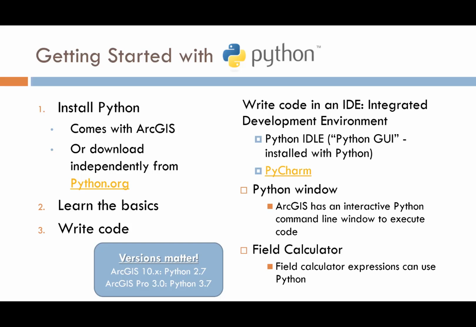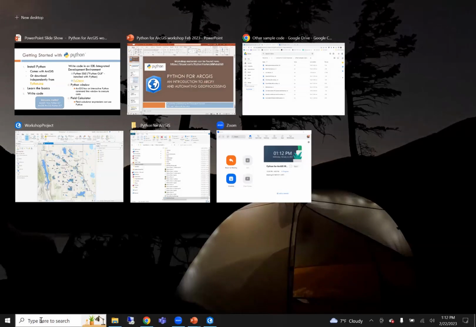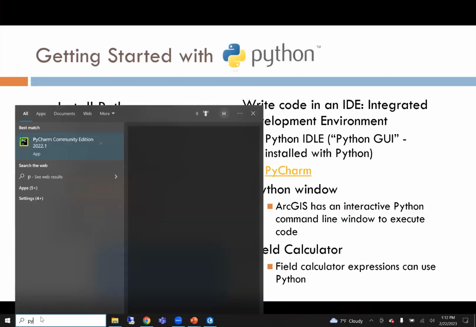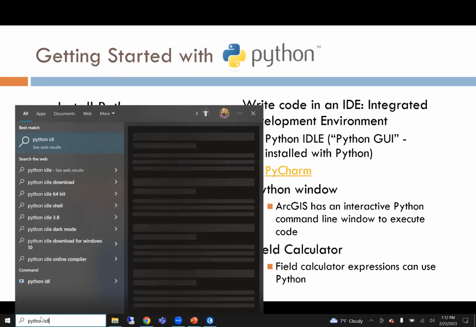All right, so in terms of writing code, today we're going to write and play with our code in the ArcGIS Pro notebooks, but you can also use any IDE. So IDLE is the one that comes with it, and IDLE is the one where if you went to your search bar and typed in Python IDLE,